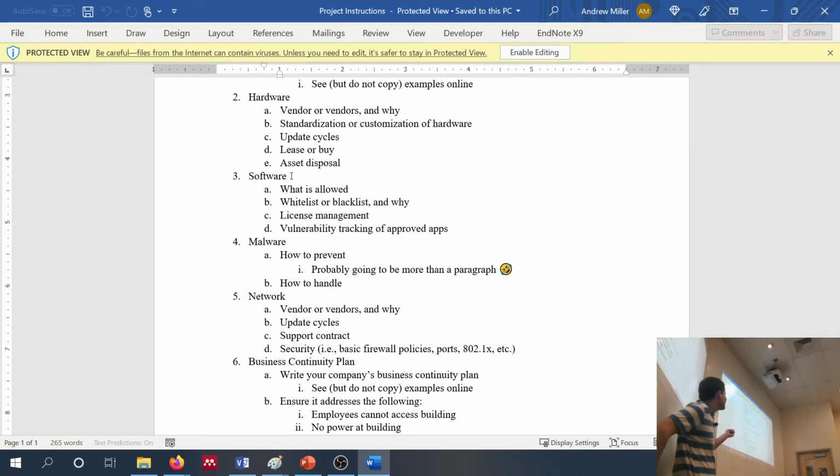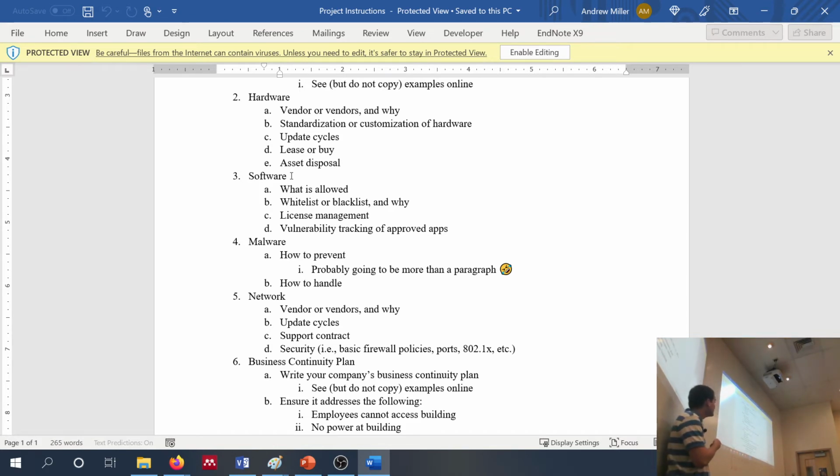And then you're going to talk about license management. Why do we care about license management? Exactly right, okay? So, you want to ensure that you're being in compliance with whatever the license stipulates. So you're going to say, is that done centrally? Is that done by department? Is that done not at all? Okay? And you're going to say why you selected that.